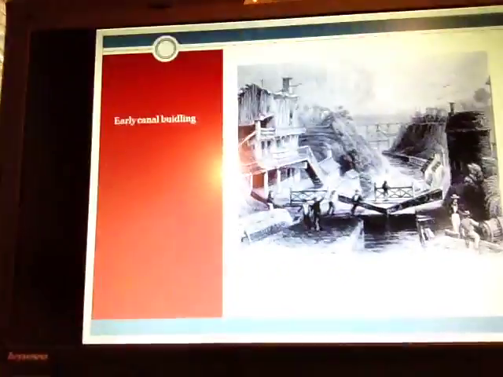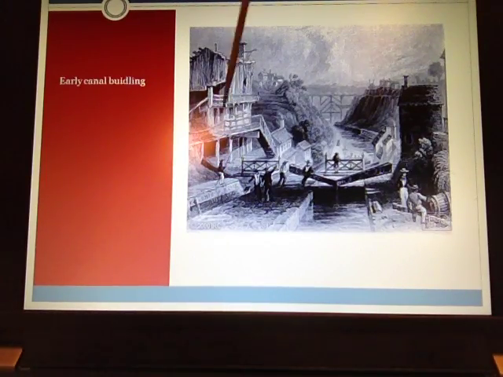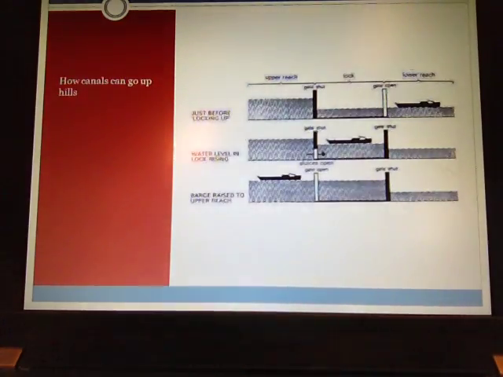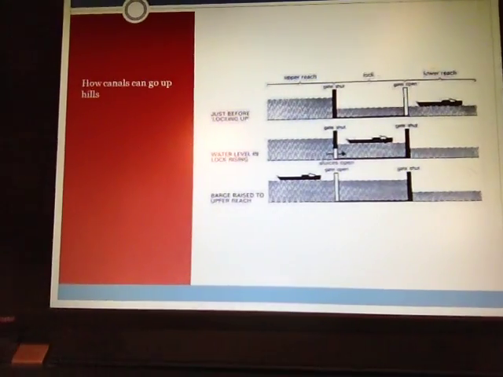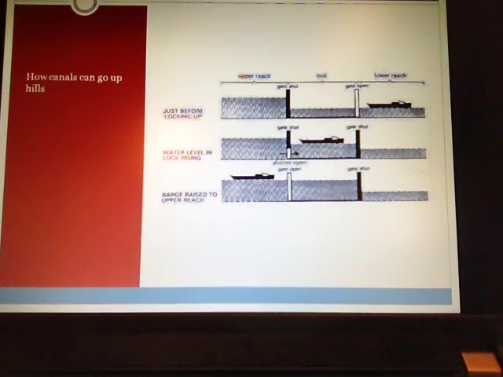And you can actually even get these canals to go up and down elevations. So let me show you that real fast, how this works. Okay, so you see here clearly that these men have dug this ditch, and on either side of it is an area where things can be pulled along. And then here is an example of how you can get canals to actually go up and down levels. Okay, this is with a lock system.